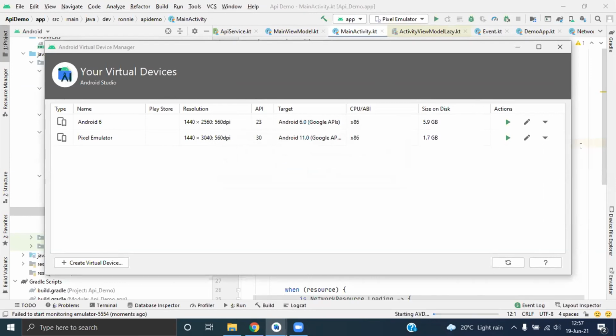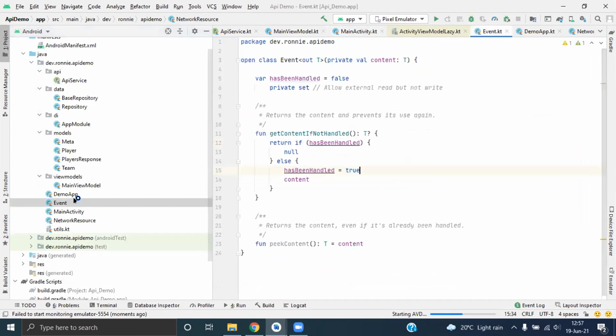and cold boot back. Okay, so what the event class does is it's a wrapper class for LiveData. The thing is, LiveData will always persist our data, and things like login can affect us developers. A person can log in with the wrong credentials, and that data is returned. So if they try again, we'll get the data that was returned before.